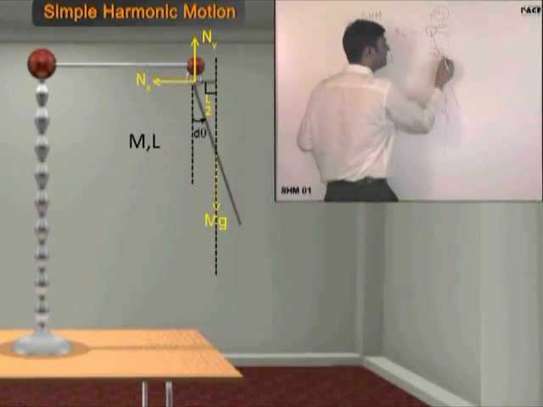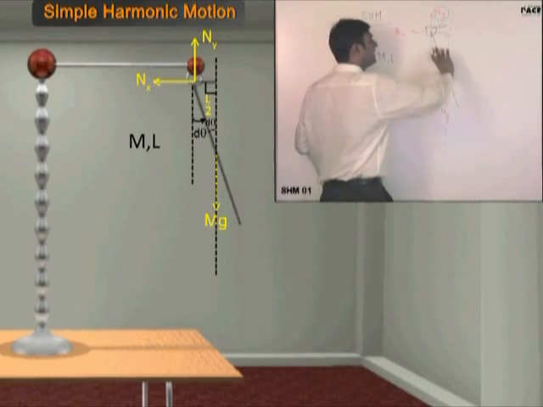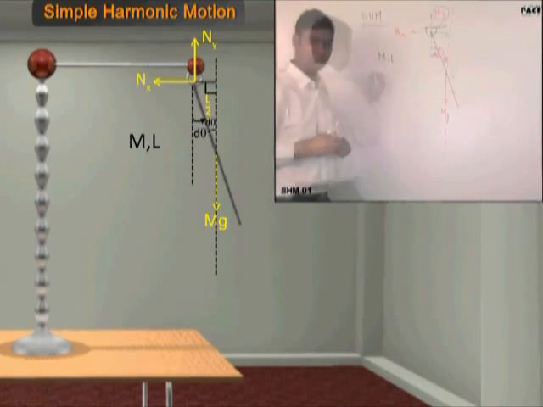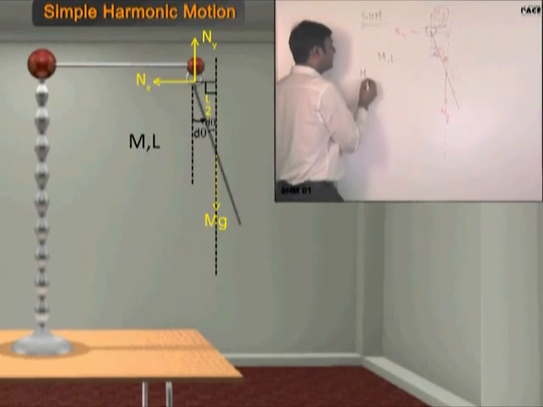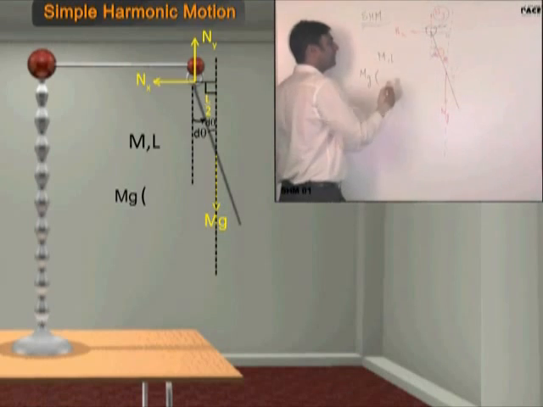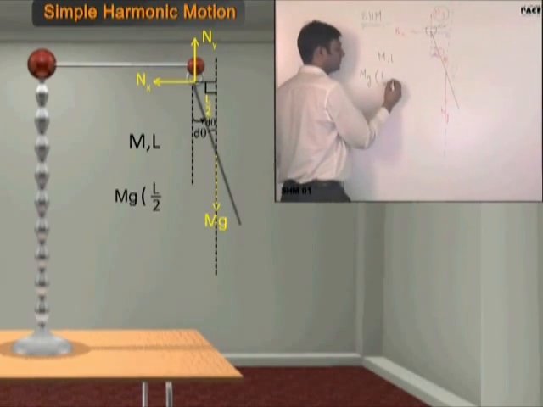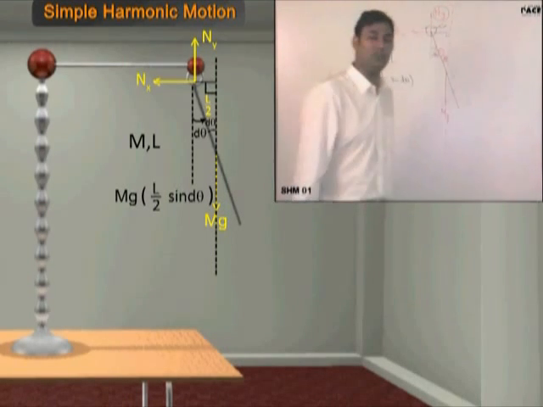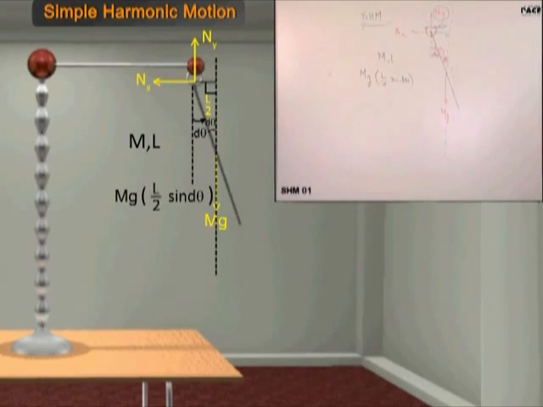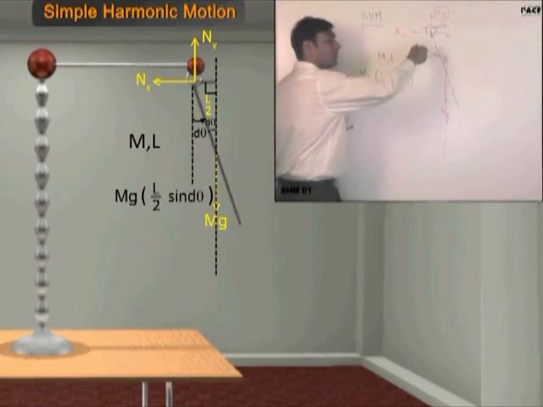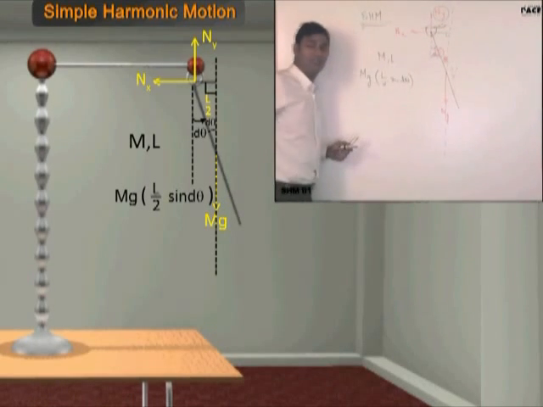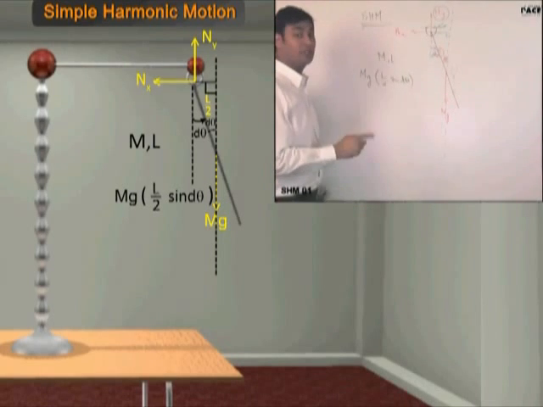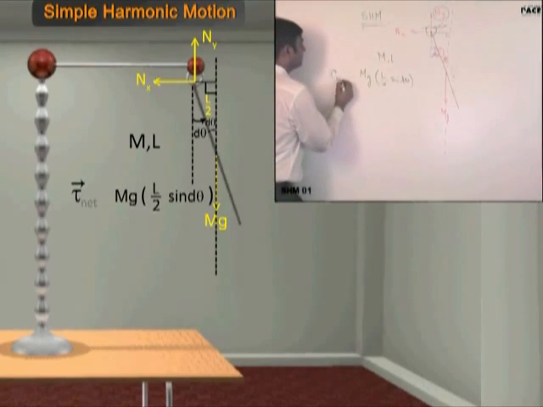So can I say if this angle is d theta, this angle is also d theta. So can I say it will be L by 2 sine d theta? So what will be the torque due to mg? mg force into the perpendicular distance. What is the perpendicular distance? L by 2 sine theta. Correct. Now tell me, is the torque in clockwise direction or anti-clockwise direction? Clockwise direction. The d theta was anti-clockwise and torque is clockwise. Am I right? Yes. Now, so the torque is restoring in nature, yes or no?